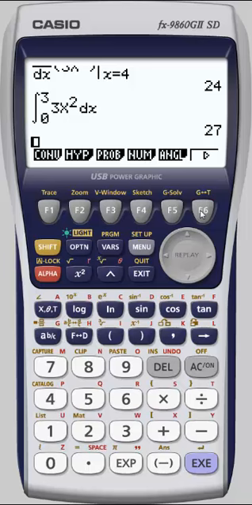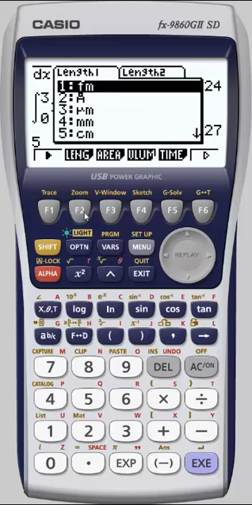Pressing F6 for some more options. We've got the conversion menu. This is really nice. Let's say I want to convert 5 millimeters into feet. I don't know why I would want to, but just to demonstrate, we start off with the number 5, and now we need to find millimeters. So that's a unit of length. I'll press F2. Here's millimeters is the number 4.